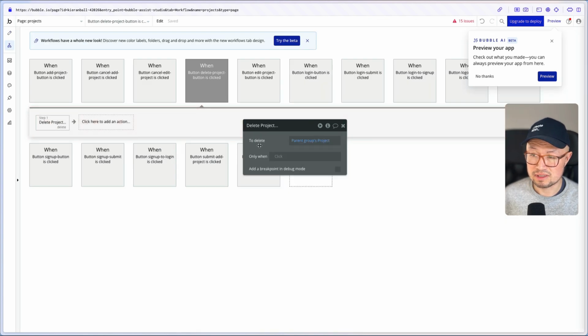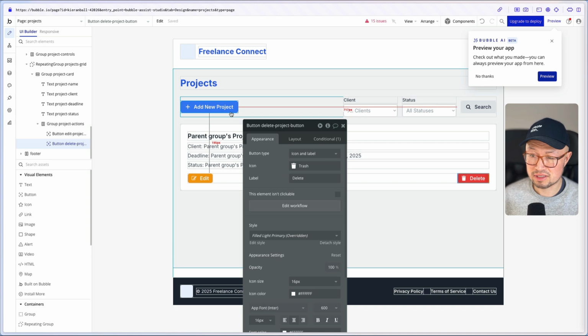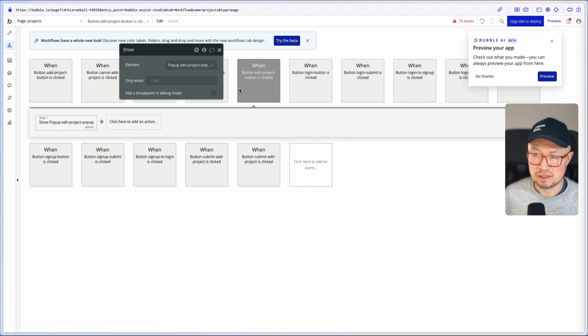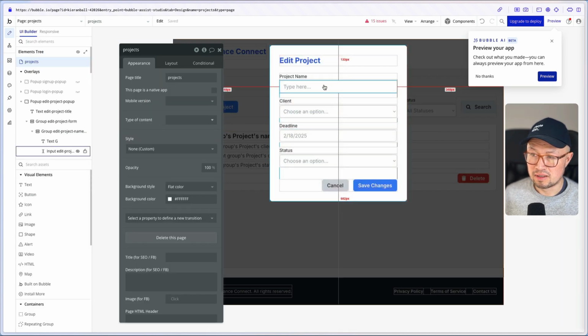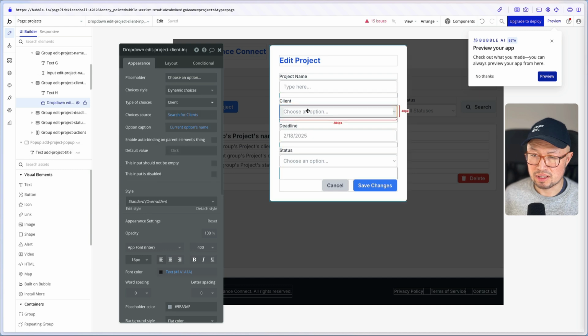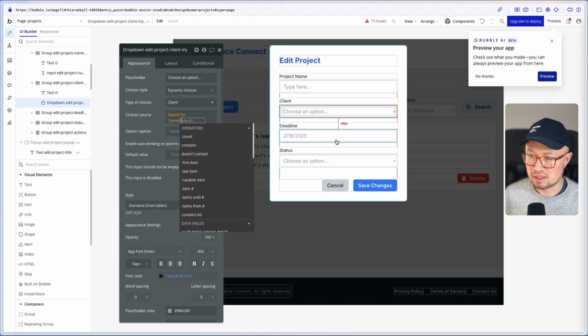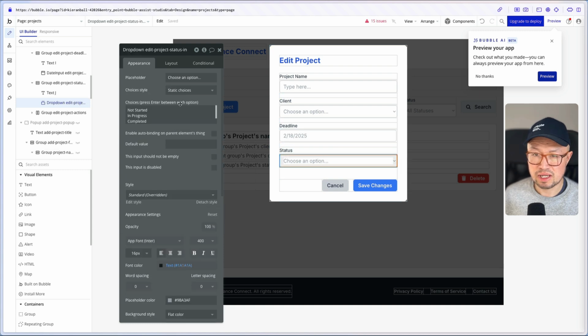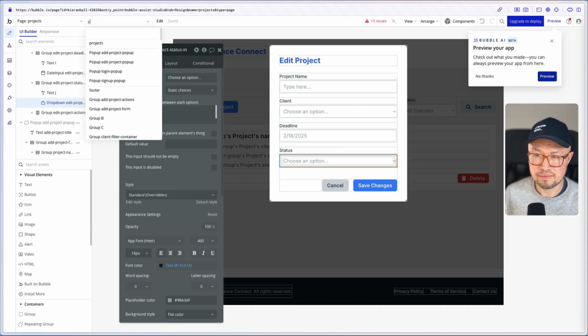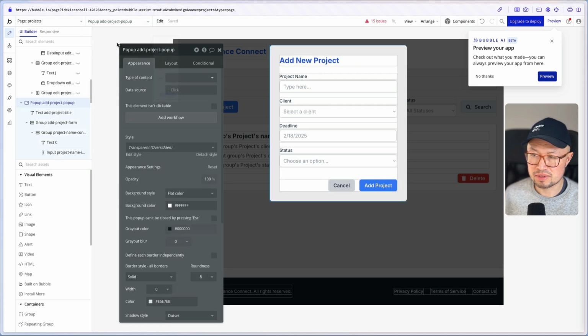So delete just deletes the parent group's project, so that's correct. Let's see what happens when you click edit. So when you click edit project, it shows the pop-up edit project. So let's look at that. So here we have the project name and the client. So this seems to be the same as the create pop-up. But it's not the same. So you've got add project pop-up